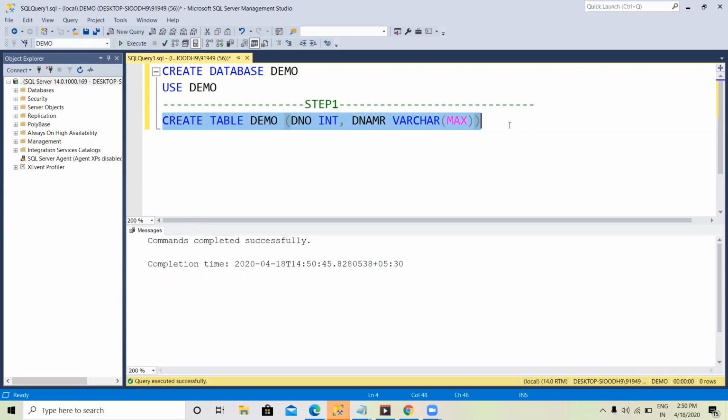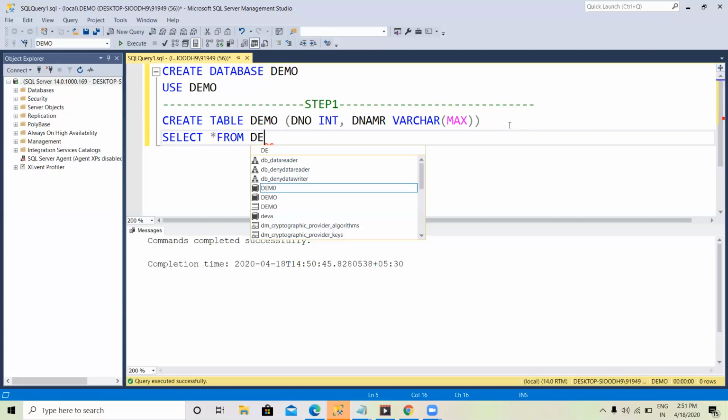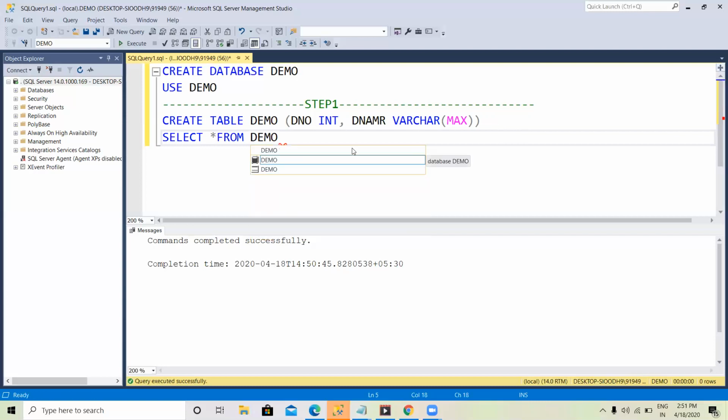If I want to see my table, just simply type select star from my table name, which is demo. See here, nothing is present. If you want to create your database, simply create database name.